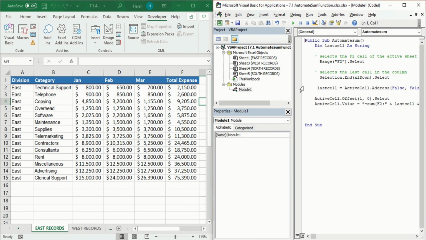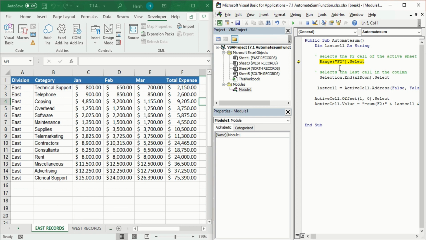So now everything is side by side. Now we want to run one by one. So how can you do that? You can do that by clicking on the function key. There is a function key from F1 to F12. So F8 is the most important key to run all these things. When I click on function and F8, you will see our public sub automate sum is in yellow. That means it is running this sub procedure. After that, I again click on F8.